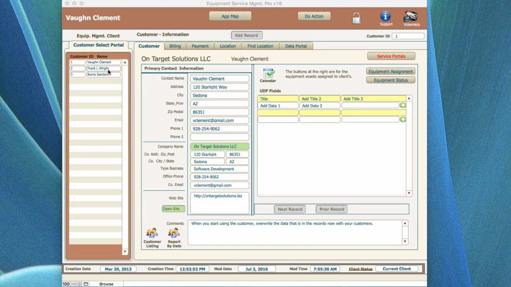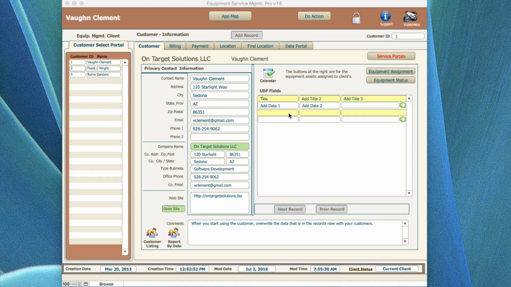The basic overview for this screen is that it's a consolidated screen where a lot of information for the customer and customer data and also service and equipment is all stuck in this one screen area. That's a benefit in that you don't have to change a lot of screens in order to find the information that you're looking for. You basically have the primary client, the business, the notes about the particular business or client,